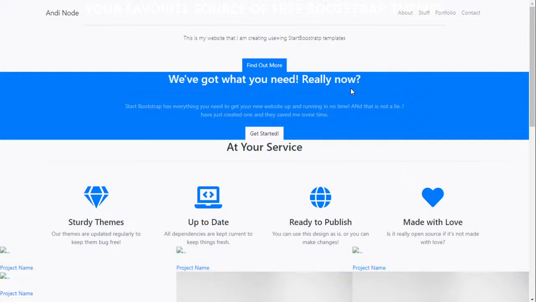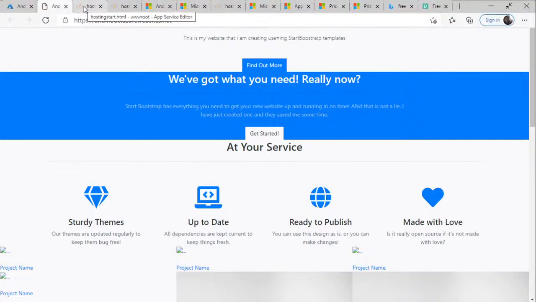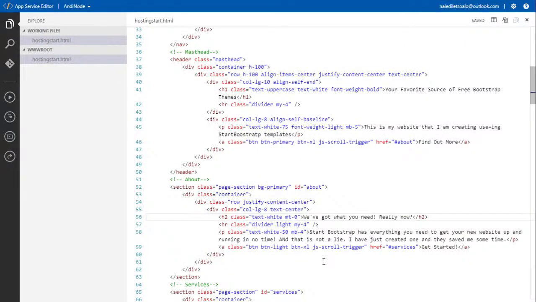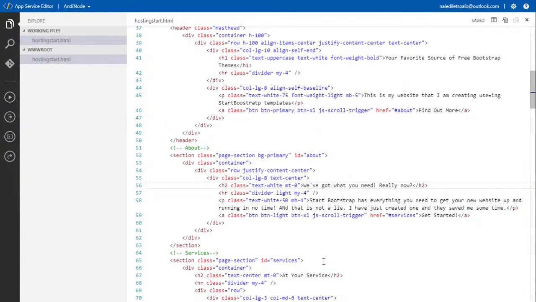So that's how you can kind of know some of the other things that you're making changes to in your website, right? And so I've kind of got the hang of, all right, H2, HR.